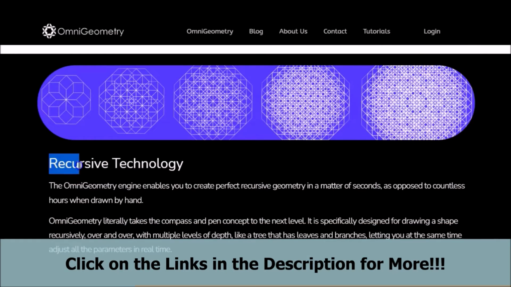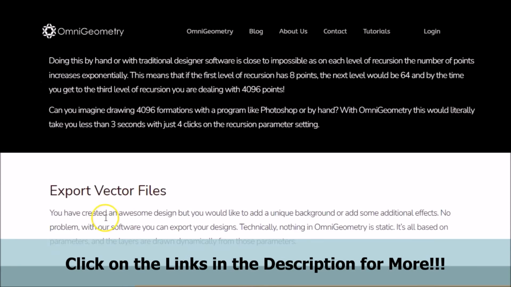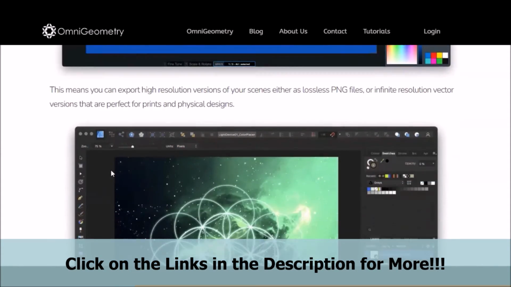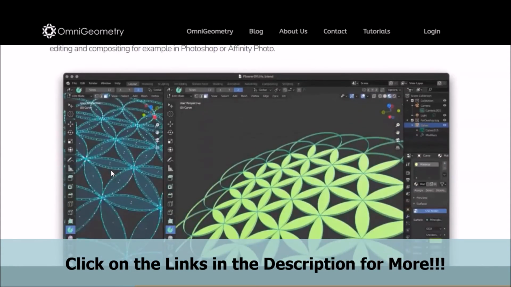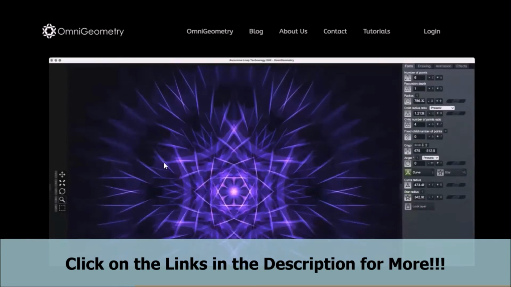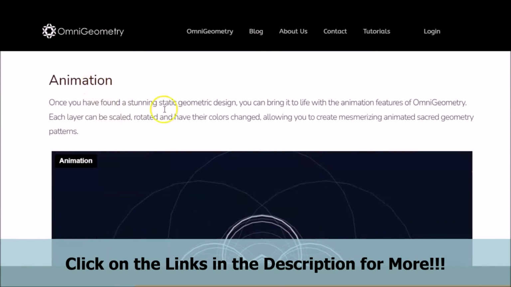Now here, let's take a look at where it says Recursive Technology, and as you can see here, it says that the OmniGeometry engine enables you to create perfect recursive geometry in a matter of seconds, as opposed to countless hours when drawn by hand, and there are more details here on this point. Also here where it says Export Vector Files, there is more information on this point. Take a look here where it says Organic Interface, and you can see that there is more information on this point here. Take a look here, where it says Animation, and you can see that there is more information